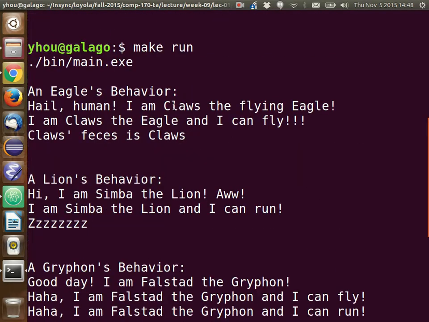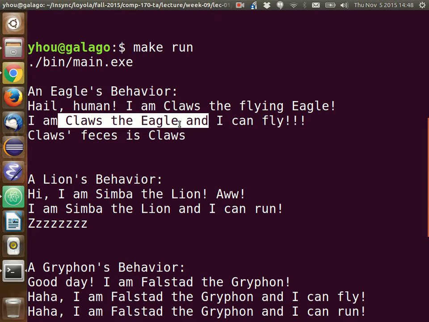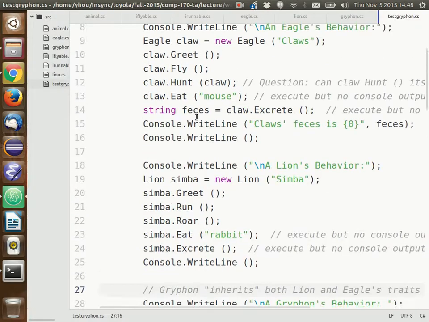So first thing, it prints out the eagle's behavior. It prints out, "Hello human, I am Cloud the Flying Eagle. And I am the eagle, I can fly." And if you go to our main code,